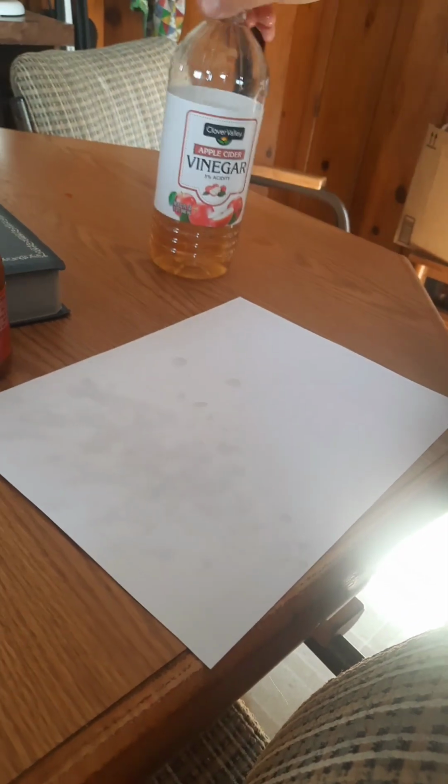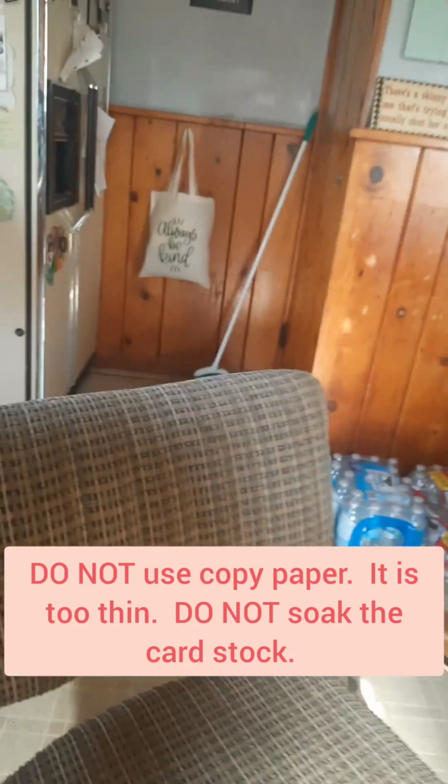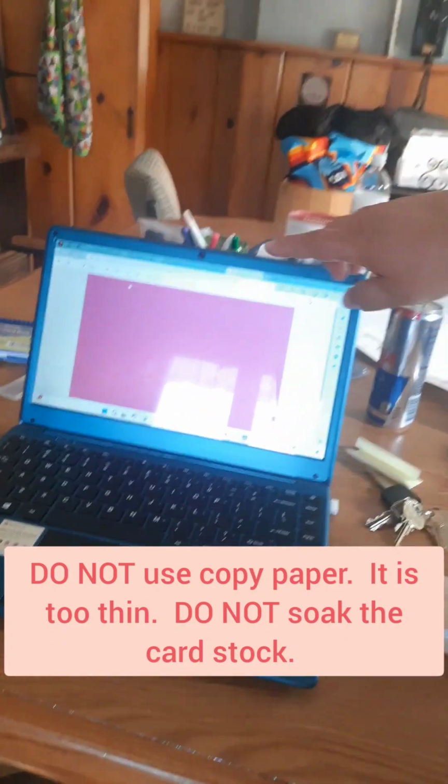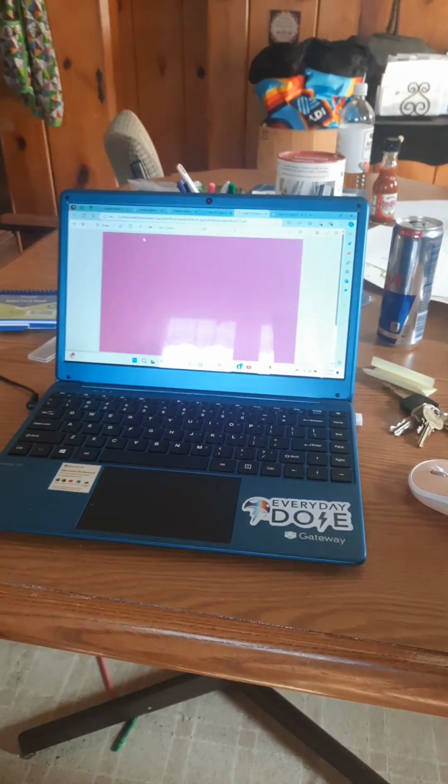so I went in. You can see where it's wet? But it's not wet on the sides. You want it to be able to catch, and you don't want it to curl. Just dampen it there. And then come back here. I took a full page, don't show my dirty house. I took a full page of magenta, and then,